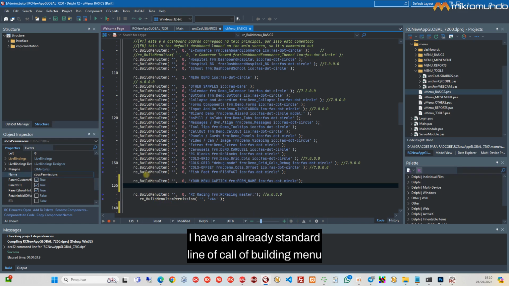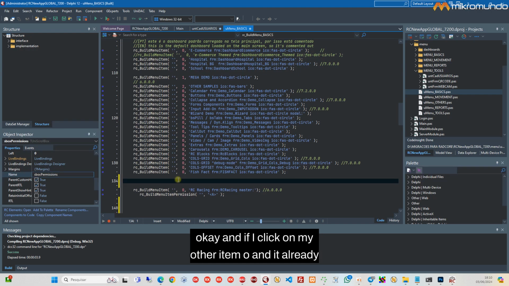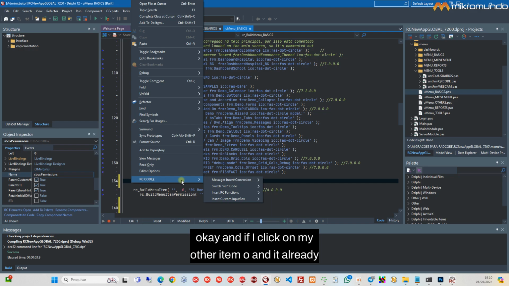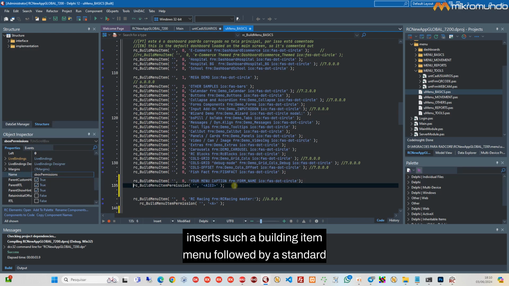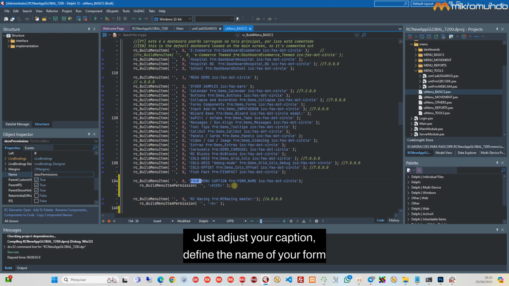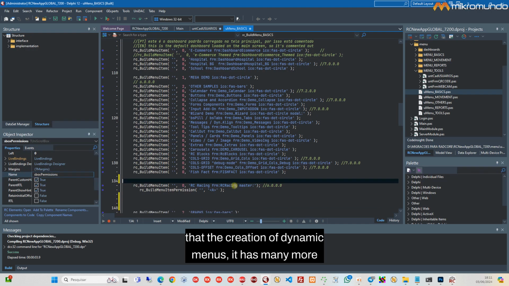an already standard line of call of building menu. And if I click on my other item, it already inserts such a building item menu followed by a standard permission building item. Then all you have to do is adjust your caption, define the name of your form, and if you want to change your icon here. It's obvious, people, that the creation of dynamic menus has many more features that we will quickly examine here,